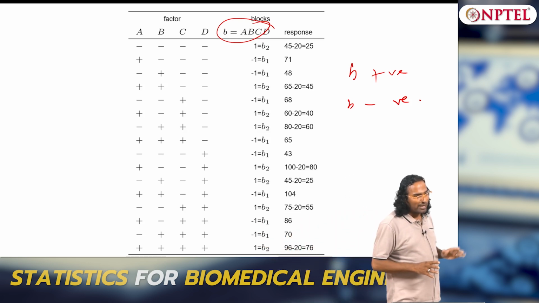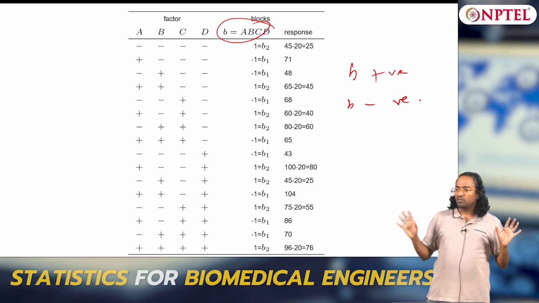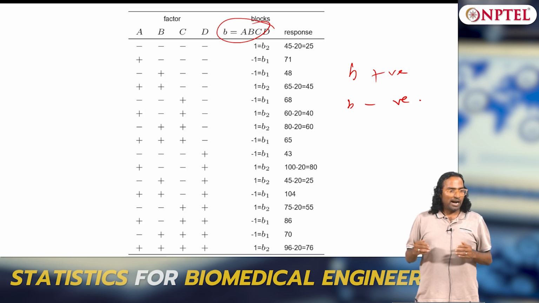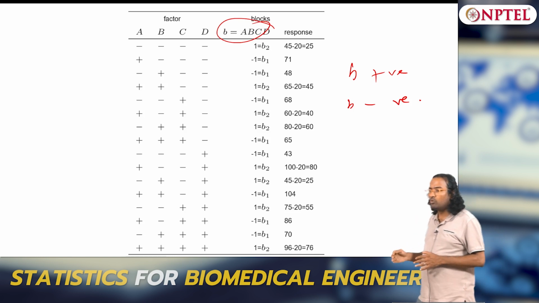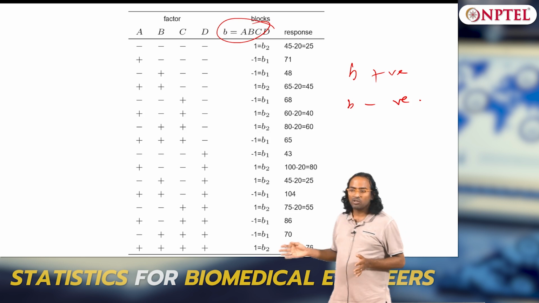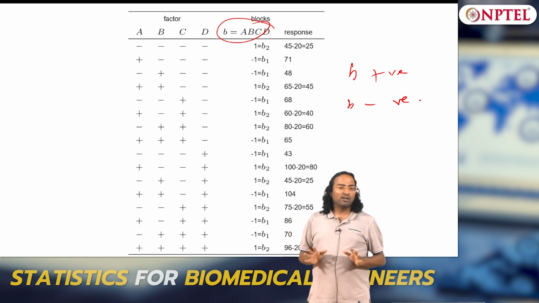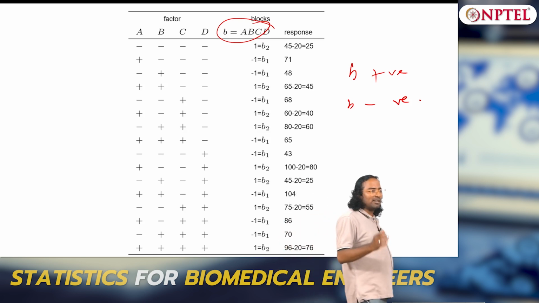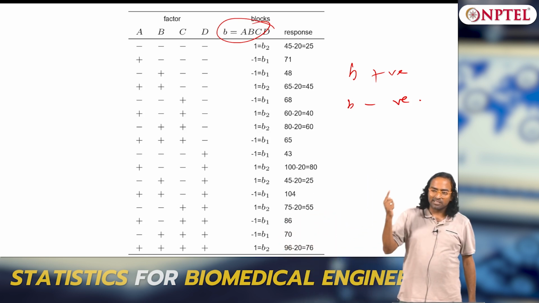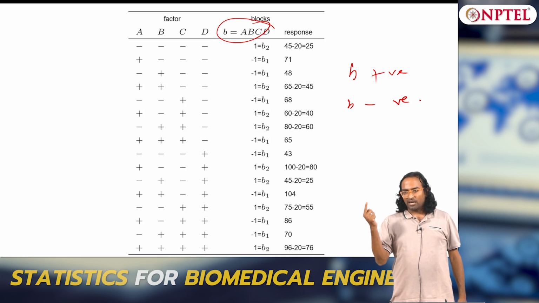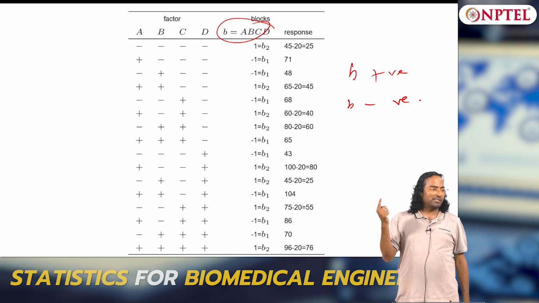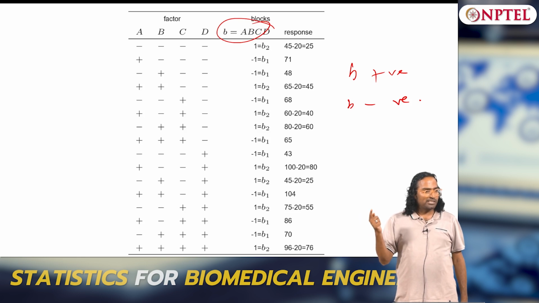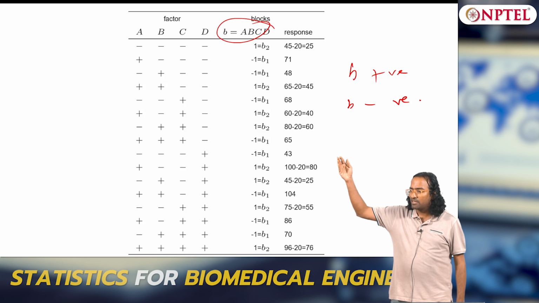So what is confounding? The effects of two factors are not separable, and this will invariably happen when you do a lesser number of experiments. For all practical reasons you will not be able to do all sorts of experiments in screening. So confounding is invariable. How do we perform optimal, or at least decent, confounding? The logic is higher order interactions. Main effects are important, and there are not many main effects compared to interactions. When k increases, interactions are always going to be larger in number compared to the main effects.